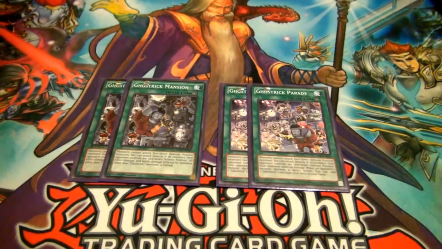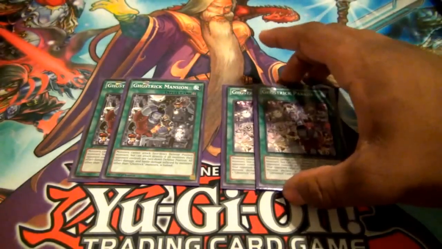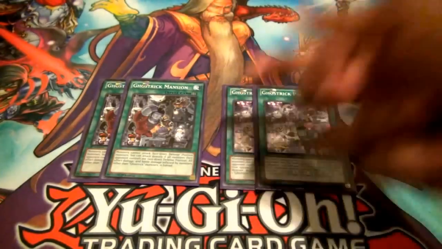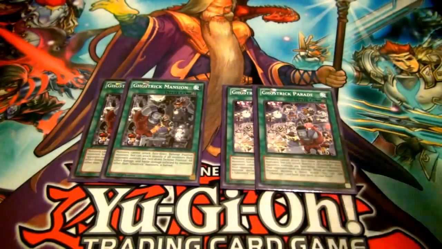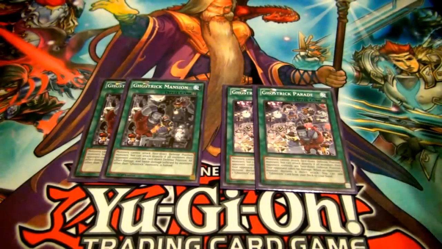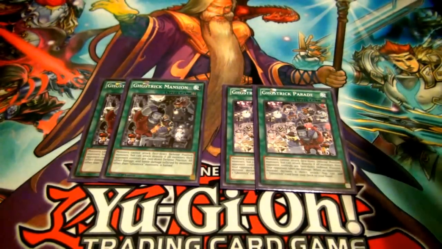So I play 2 of each because I usually end up going Parade, Mansion, and then if worst comes to worst, I have to back myself up with another Parade, and then go into another Mansion if I need to finish off the game. So, yes, the effects of both of them. Monsters cannot attack face down defense position monsters, but can attack directly if